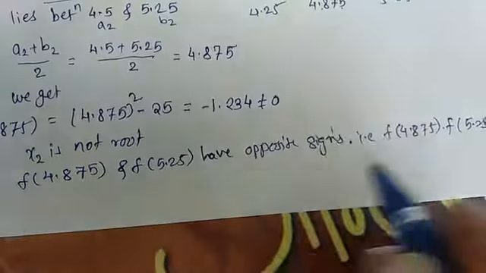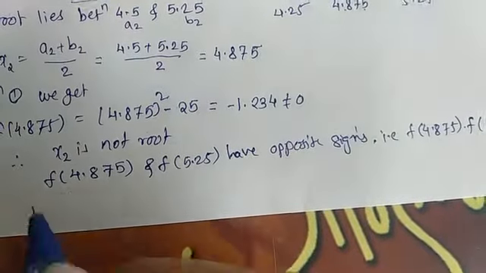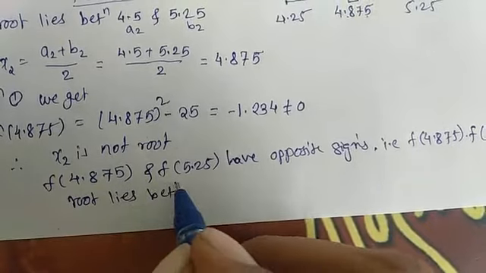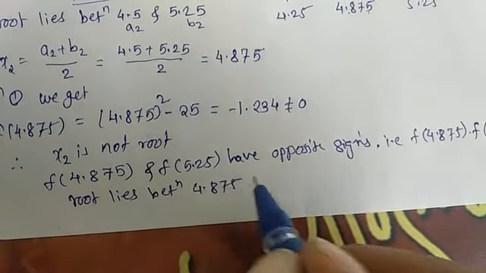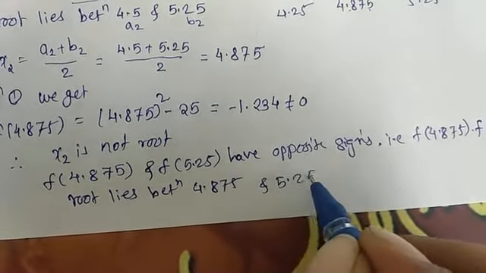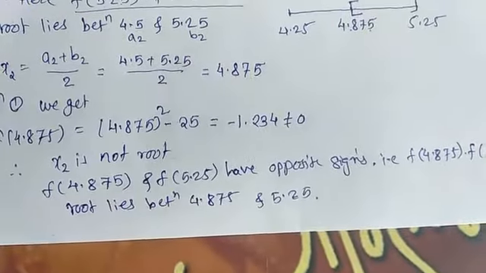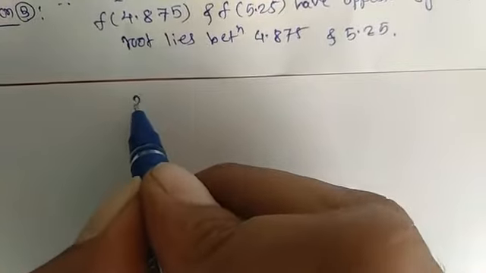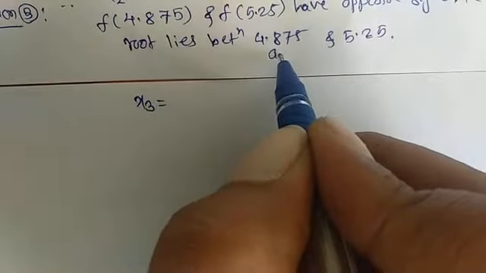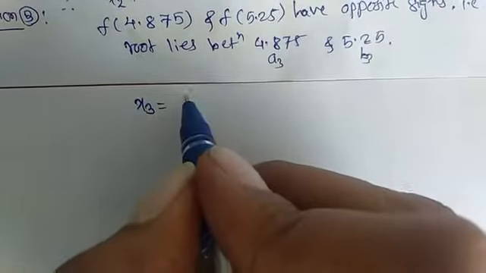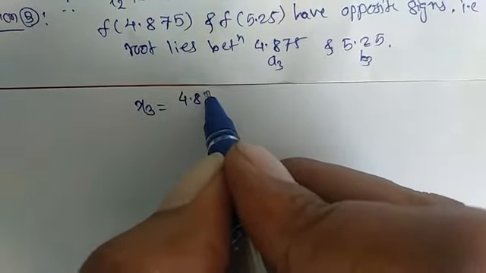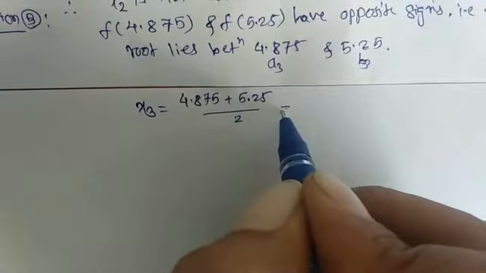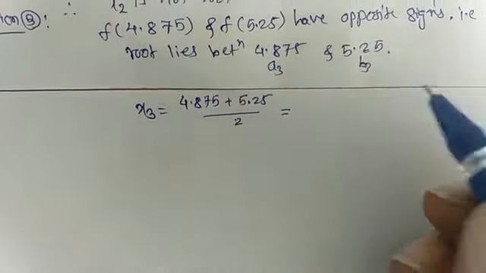So the root lies between 4.875 and 5.25. Our next x3, considering a3 and b3, is 4.875 plus 5.25 divided by 2, and its calculation will be